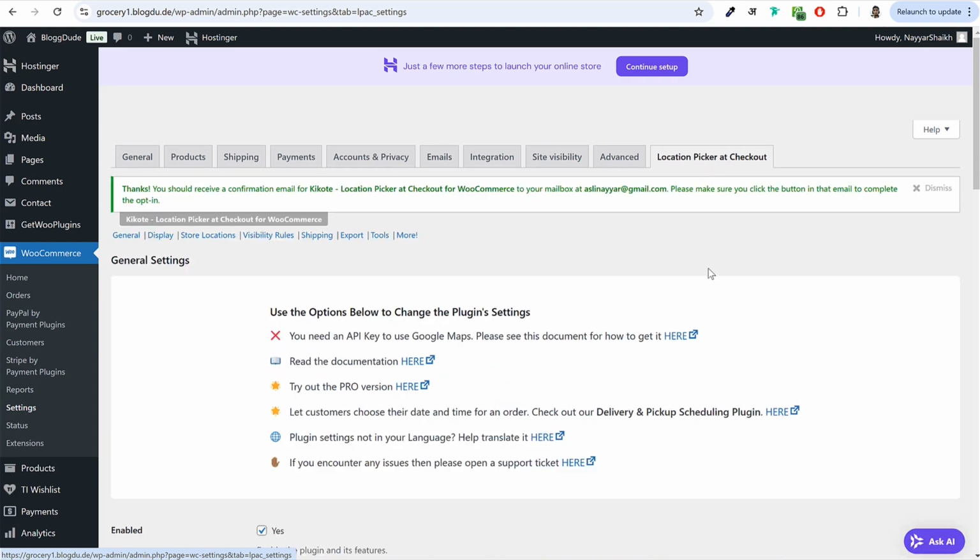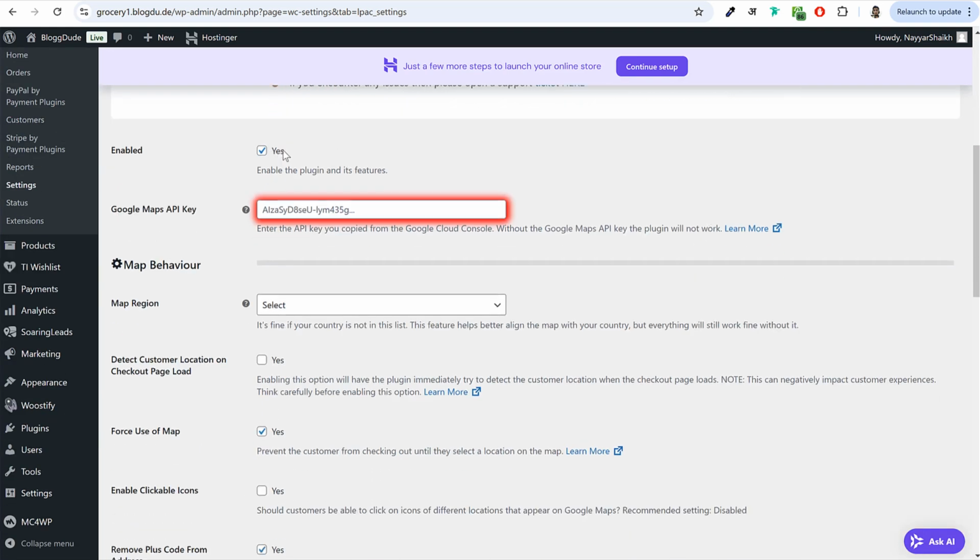Click on that. Make sure first of all it is enabled. Now to use this thing, we need a Google Maps API key. So let's see how we can create a new API key. To do this, go to this website,